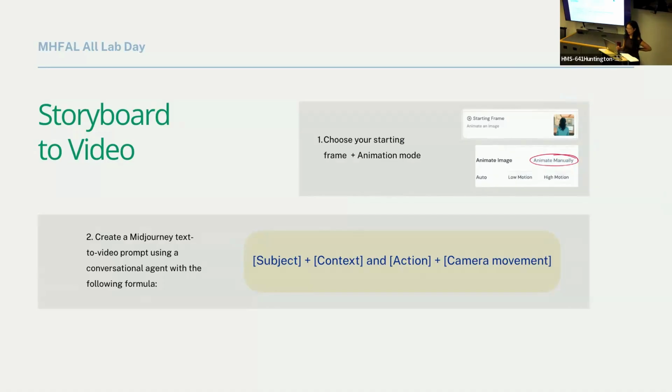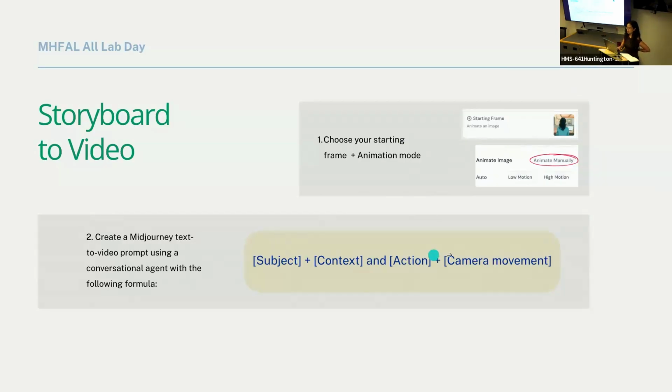And then from there, you would again go back to ChatGPT, put in a formula about specifically text to video. Like right here, you would put this in and prompt it to give you a specific prompt for